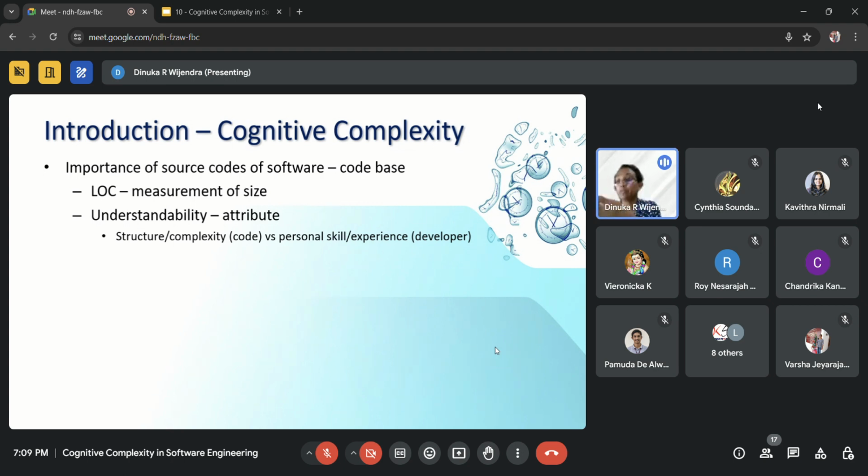When we develop a code base, it should address what the customer says, it should be of good quality, and it should have less complexity. That's why we have hundreds of complexity metrics.